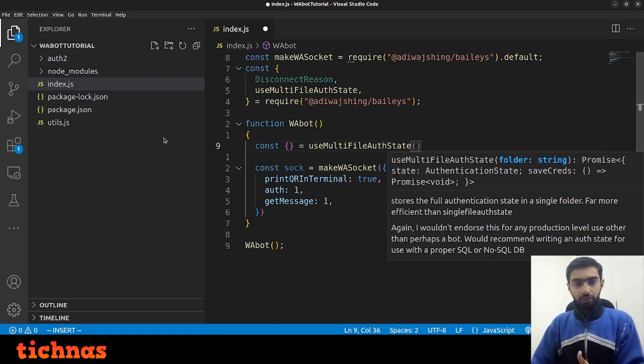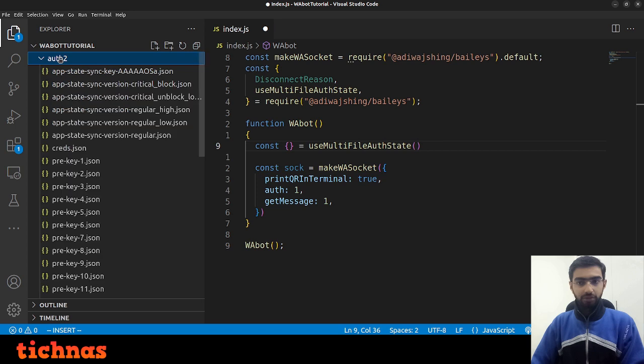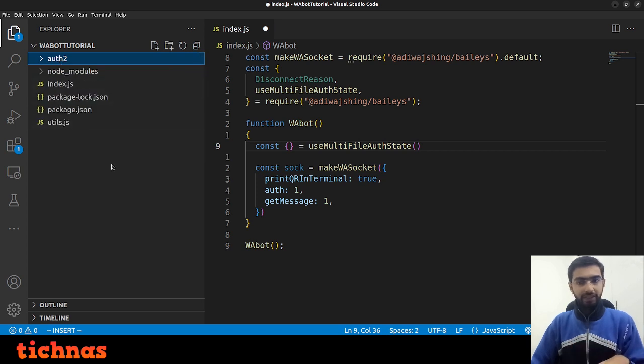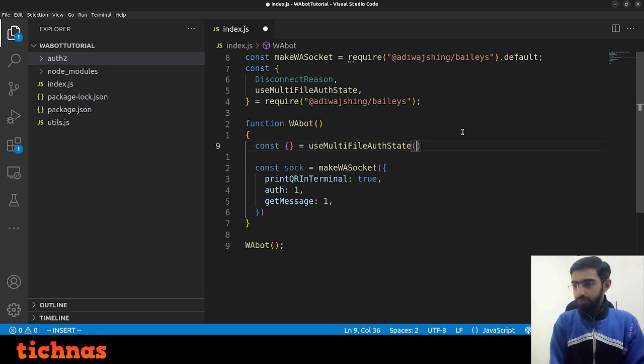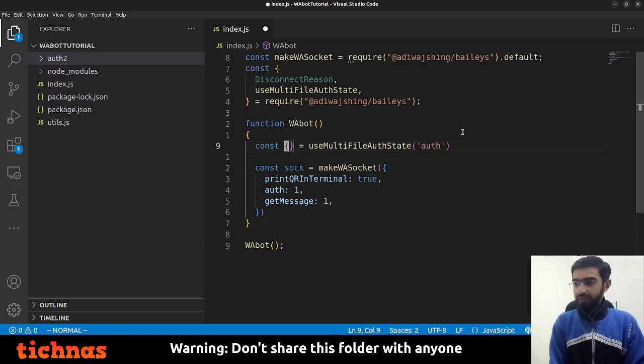Once you scan the QR code, it will generate a folder like this to store all your keys, all your authentication data in that. And the next time you start the bot, it will remember the last state. It will process all the messages after that, and you don't need to scan the QR code again and again. So I'm going to give auth as the folder name, and